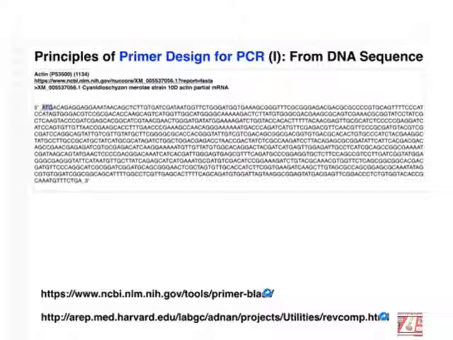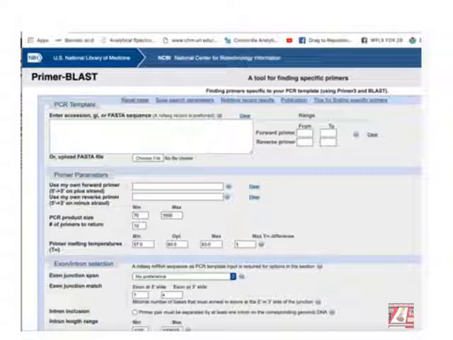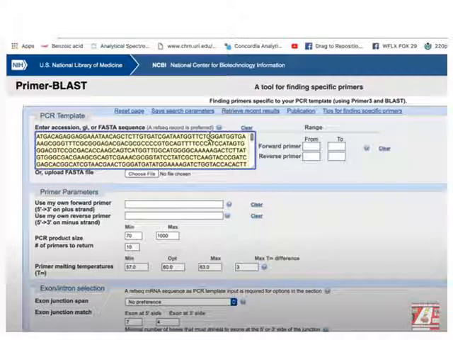So how do we get the primer from this? Basically there are two websites here for primer design. If we click on the first one, this will show up, which is called Primer-BLAST. Primer-BLAST is a website we can use to optimize the design of our primer. So what we're going to do is take the whole sequence that I already showed on the previous slide, copy it